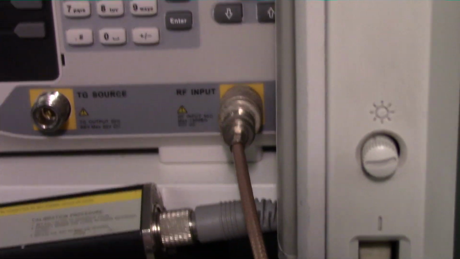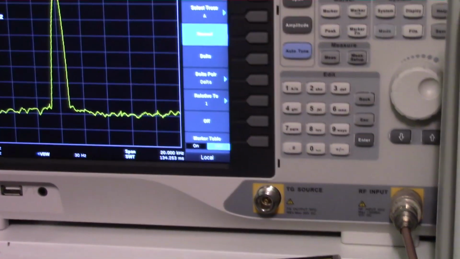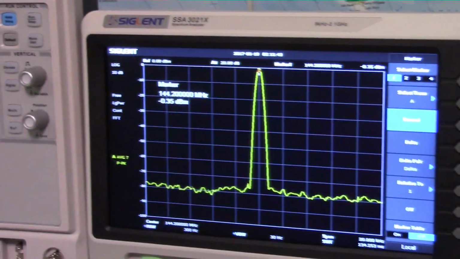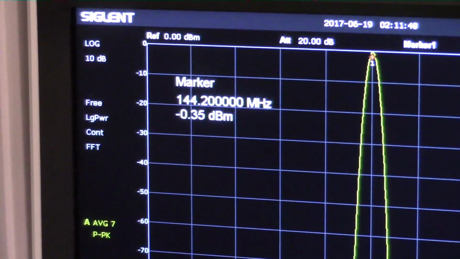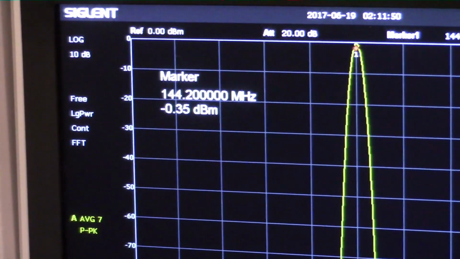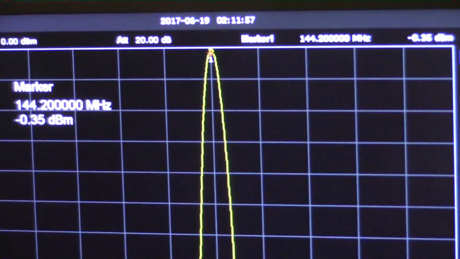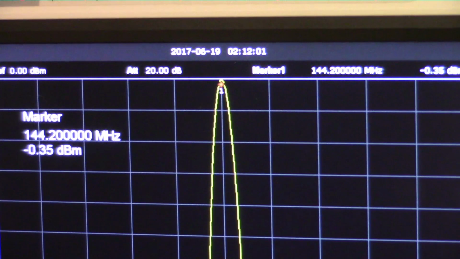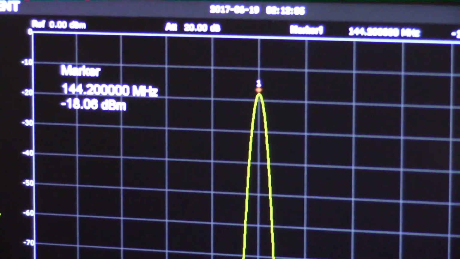Got to go through another adapter up there. So given the fact we're going through several adapters and 6 connectors or so, especially up in the VHF frequencies, a slight difference of 1/3 of a dB is pretty understandable. So if I go ahead and punch in a level of, say, minus 20 dBm, you want to make sure